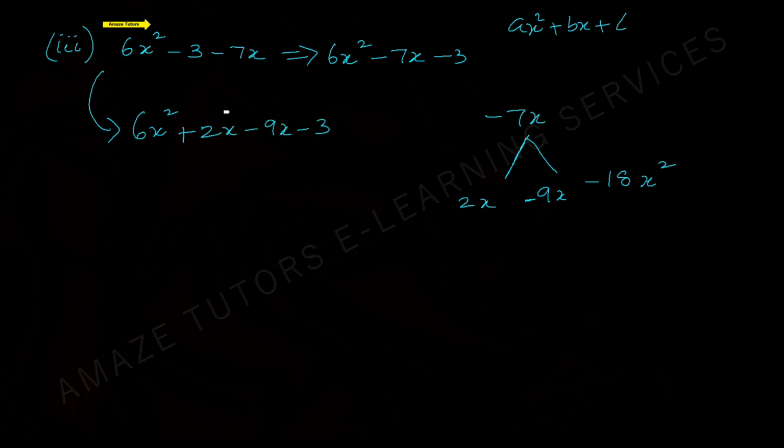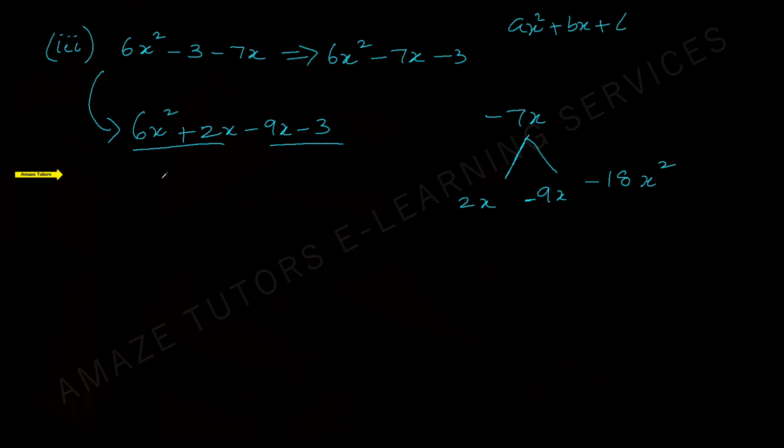And let me tell you one more point, students. Even if you write the other order, 9x first and 2x next, that is also going to give you the correct factors. Doesn't matter. You can factorize by grouping and then find the two factors. Kindly remember that point. Now, as usual, factor by grouping.